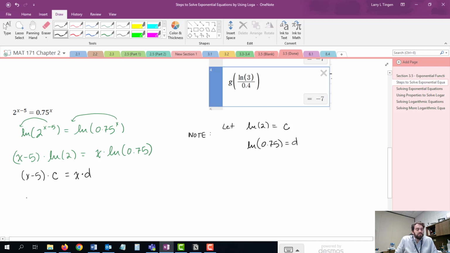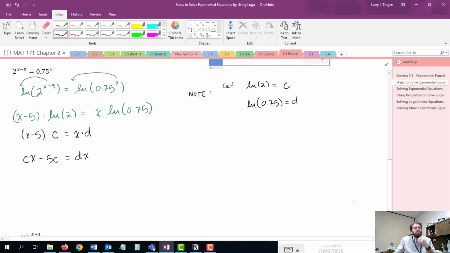Distribute on the left, cx minus 5c is equal to dx. That is the exact same equation up above, but it's simplified. All those natural logs have been taken out, everything's been distributed,